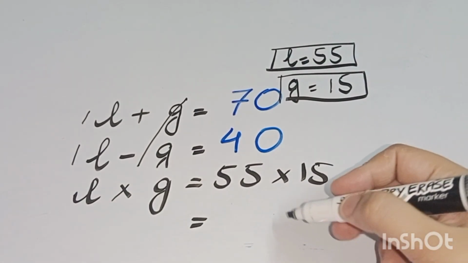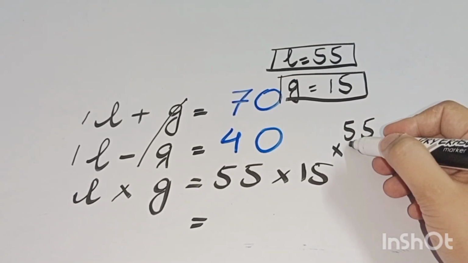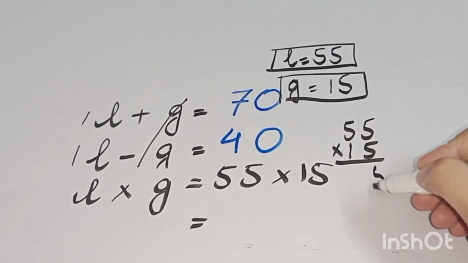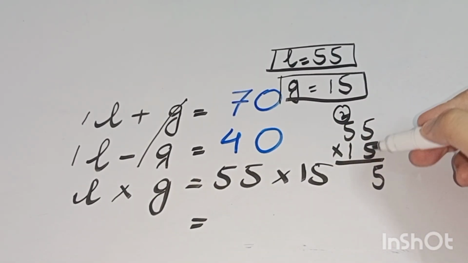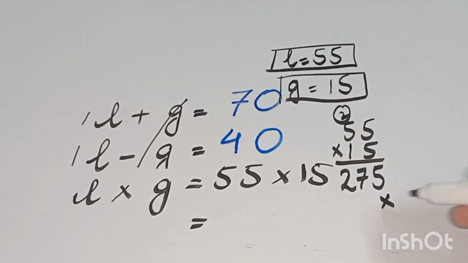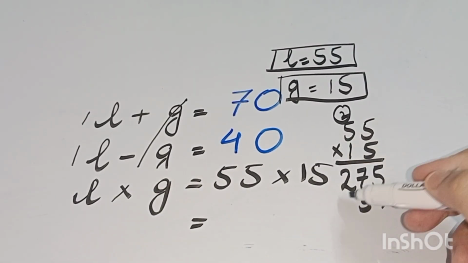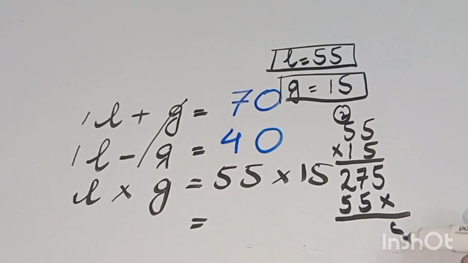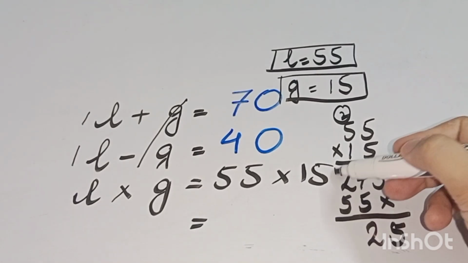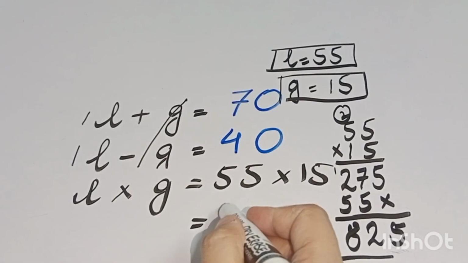I am multiplying in front of you so you can easily multiply these numbers. Here we have 5 5s are 25, 5, 2 carry, 5 5s are 25, 25 plus 2, 27. Put a multiplication sign here. 5 ones are 5 and again 5 ones are 5. Here I will add these numbers. 5, 7 plus 5, 12, 1 carry, 5 plus 3 here is 8. So the answer of this very interesting math puzzle here is 825.